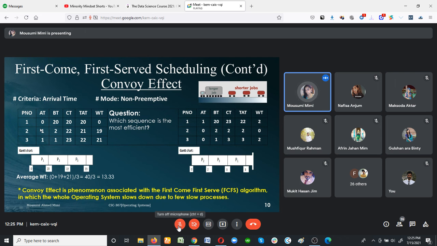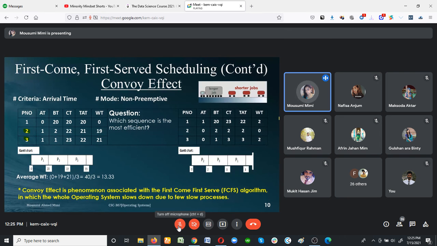Whenever you find that more processes have the same arrival time, at that point you will go for the process number. Process 2 is the first priority, then process 3. So I provide my process 2. Its burst time is 2. So here, look, 20 plus 2 equal to what? 22. I go for my process 3, and its burst time is 1. So 22 plus 1 equal to 23.